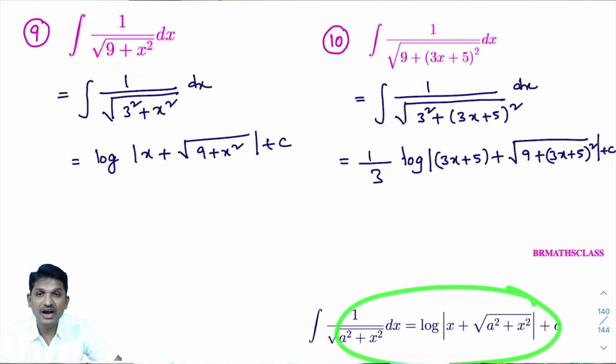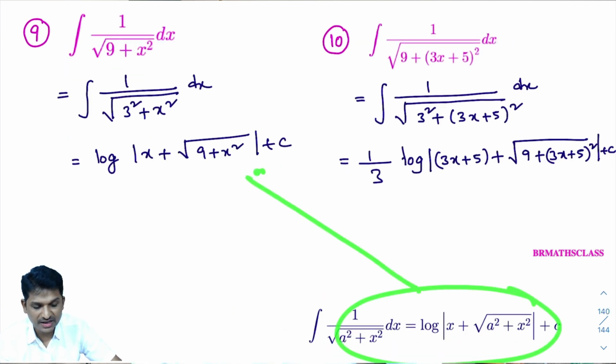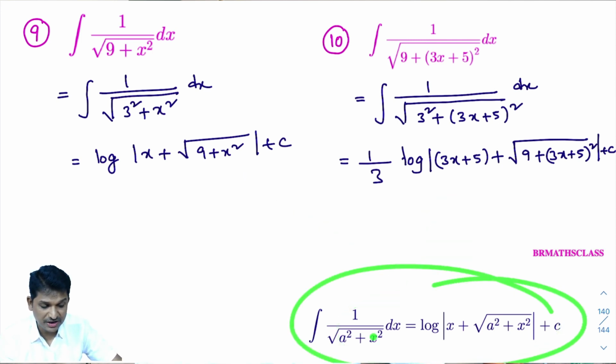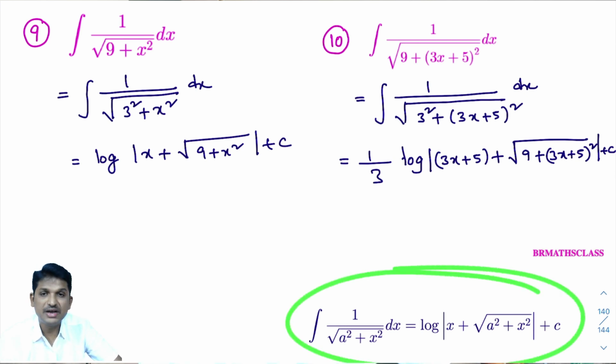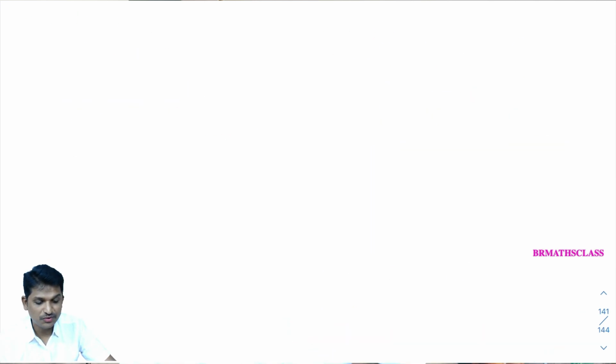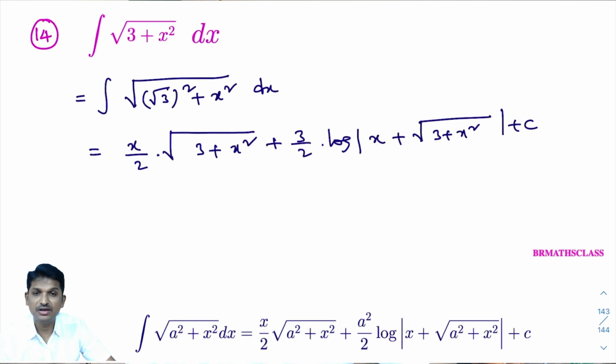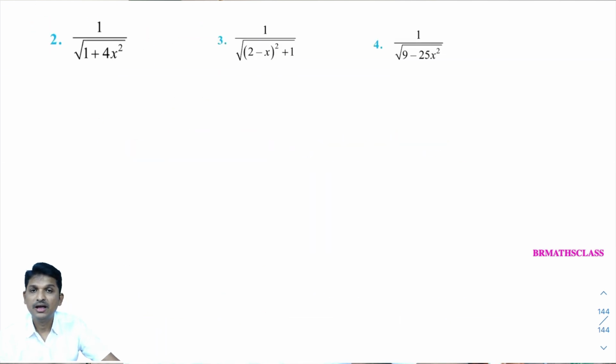We are revising these formulas, and you are learning how to apply them to these problems, especially when ax plus b is present in place of x, and how to write the answer directly. That is what I have been trying to explain so far. It is important to memorize all these 9 results that we learned in the beginning of module 5 in the last class. Okay, now observe.